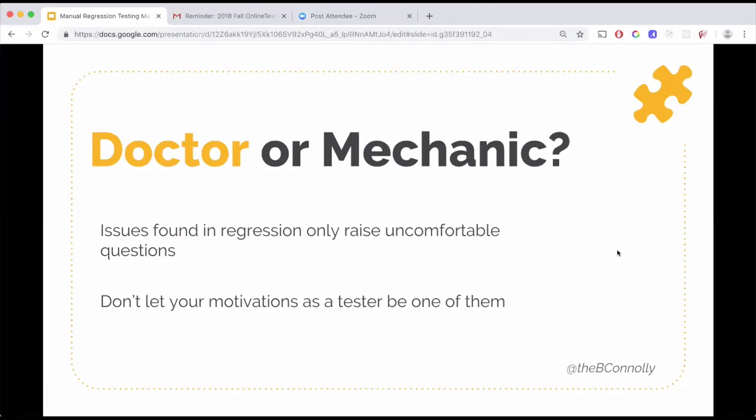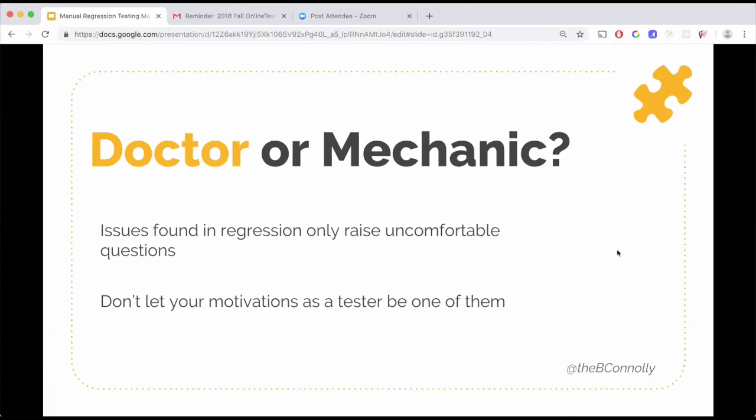Right? So if you think about regression testing like scheduled maintenance, like a checkup, right? You can trust your doctor. But it's serious. It's just, we're not looking for major things. Same with the mechanic. We want to get to a place where we can trust what they're doing. We don't question that, because any bug you find during regression is going to draw that same sense of insecurity out